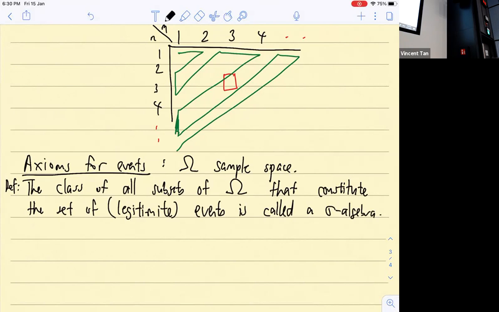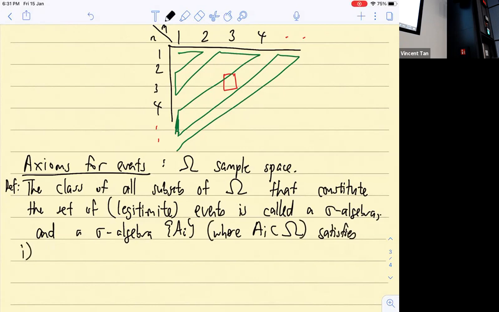Okay, and a sigma algebra, let's say A, where A is a subset of omega, satisfies